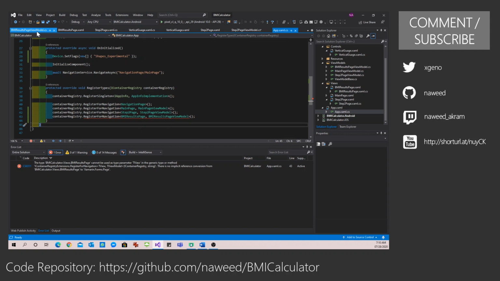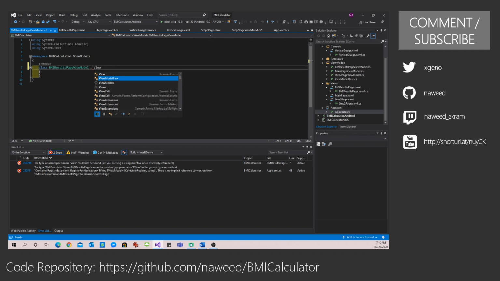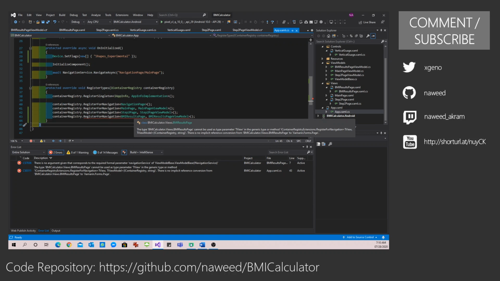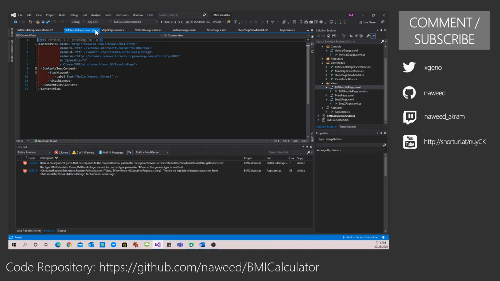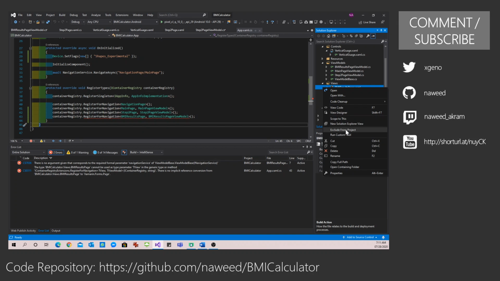It is complaining because this view model does not derive from view model base. My mistake, this is a content page. I created it as a content view.